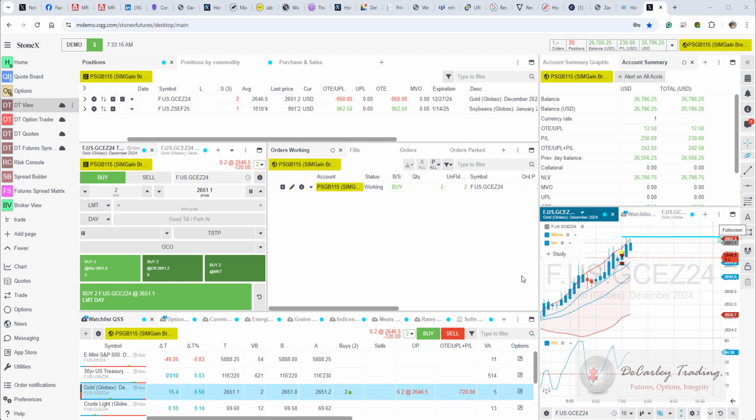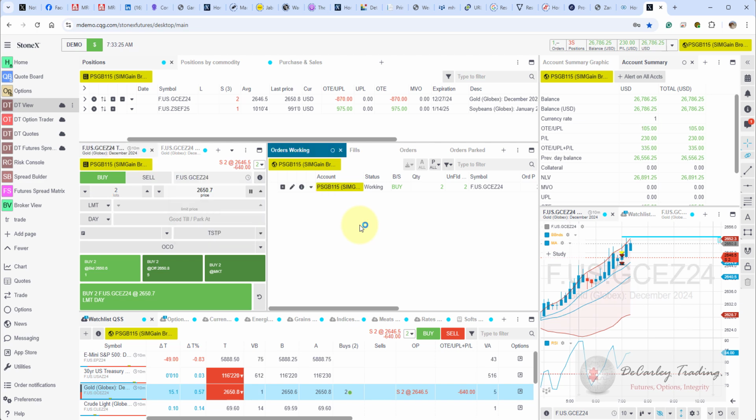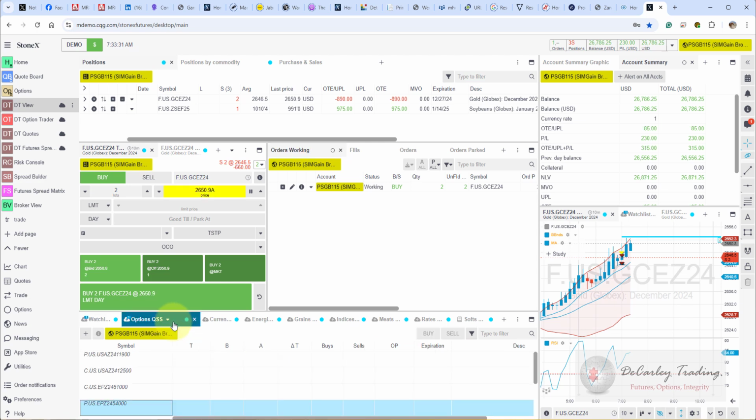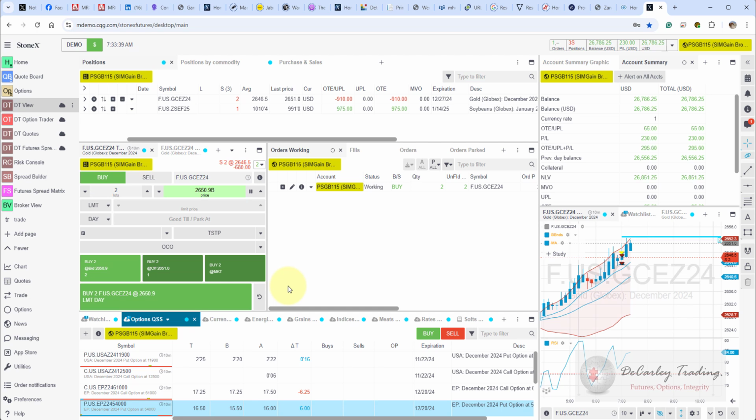In the same way that we're placing futures orders, we can also place option orders. Now, you can search for option symbols right here in the search box, but that's probably not the most efficient way to do it. The best way to do it is to open an option chain and enter the symbols right into your quote board. I'll show you how to do that in a later tutorial, but